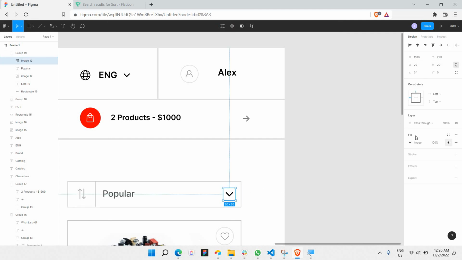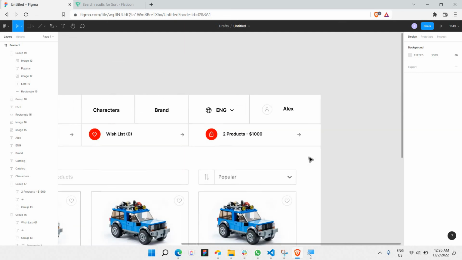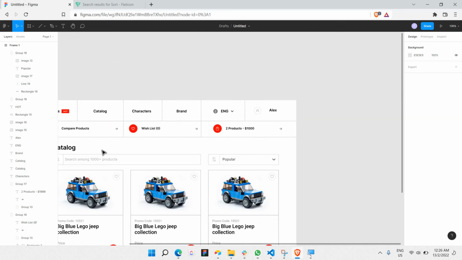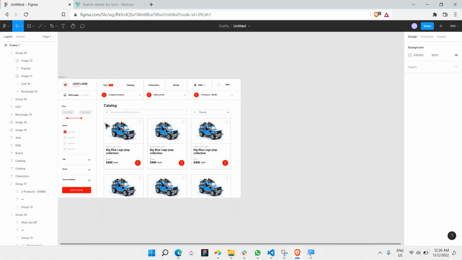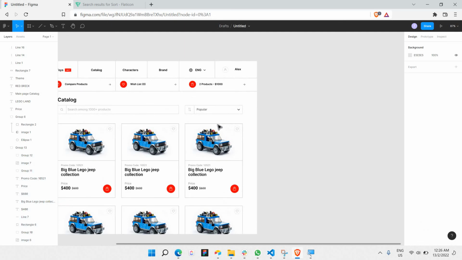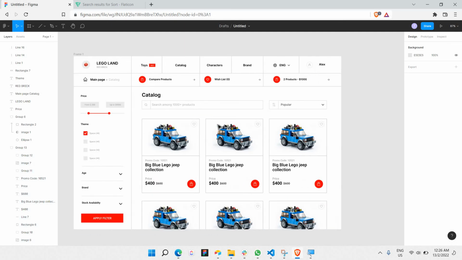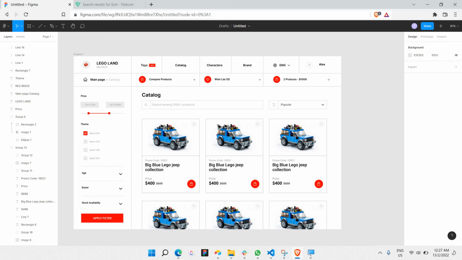You have your whole e-commerce website UI design, totally made in Figma. So Figma does help us a lot when it comes to designing almost anything, but in this case it's really helpful when you are designing a UI for an actual website, for an actual app, can be any sort of web software. So in this case, I think it's really helpful when it comes to solving our problems when it comes to